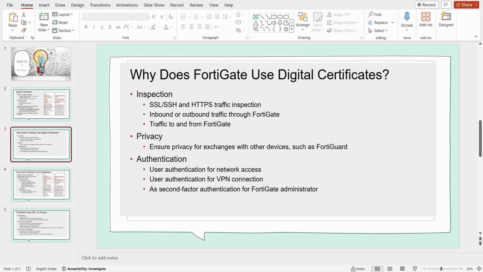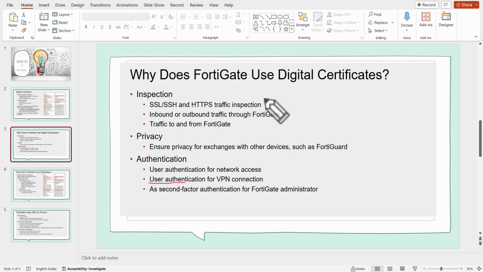So FortiGate uses the digital certificate to enforce privacy, with certificates and their associated private key. This ensures FortiGate can establish a private SSL connection to other services such as FortiGate, a web browser, or a web server. FortiGate also uses certificates for authentication. With a trusted CA on the FortiGate, it can establish the VPN connection. So basically, the VPN connection also uses the enforced privacy certificate. So these are basically the uses of it.